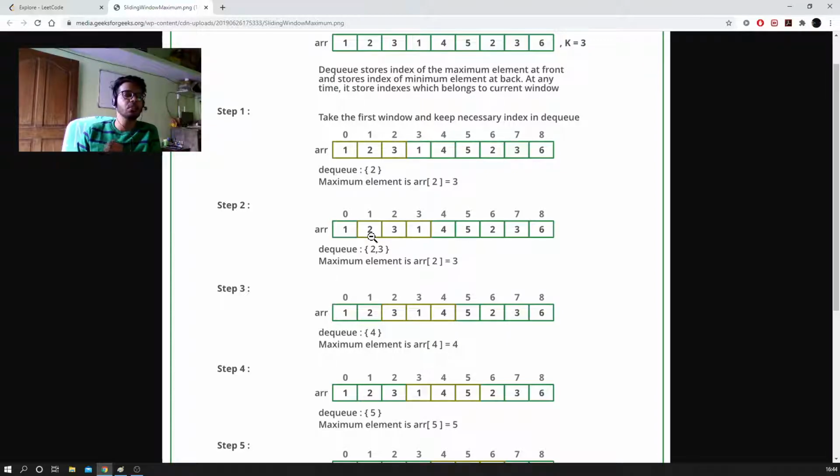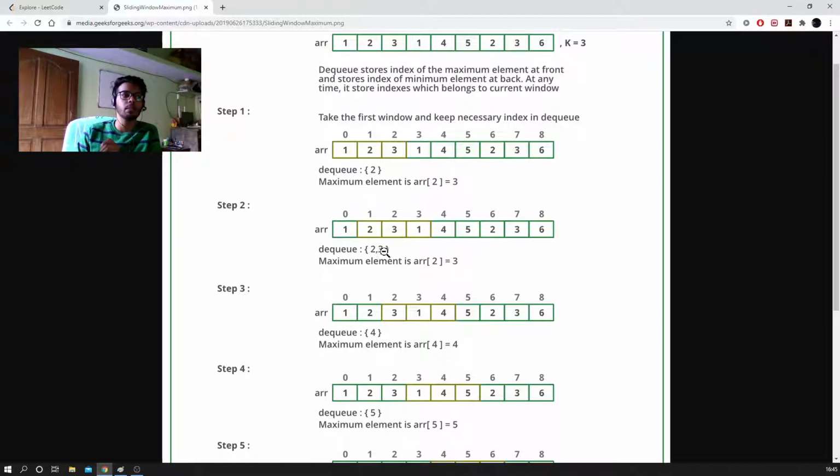Then moving on, our window changed. So in this window, what I did is I checked for this element only, because firstly I checked from i equals 0 to i equals k. Then I checked for i less than k, that means 2 in this case, and then I checked for i equals k to end. Then I'm only worried about these elements, and in this I checked if 1 is greater than the last element stored in the array.